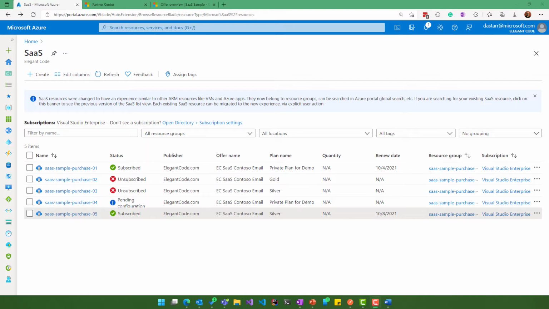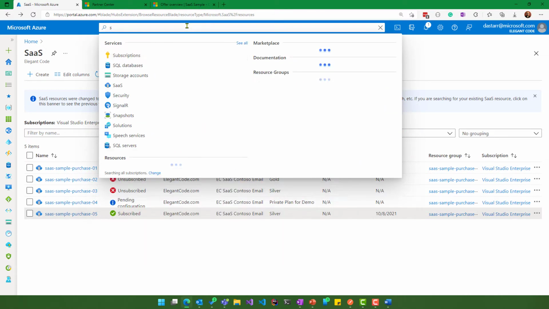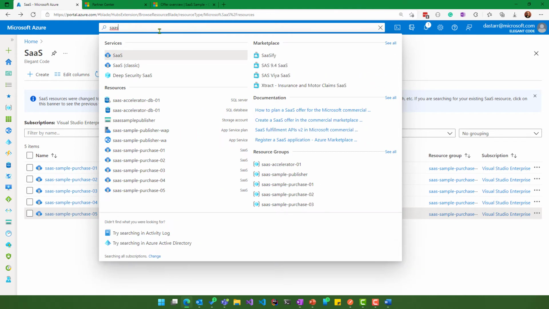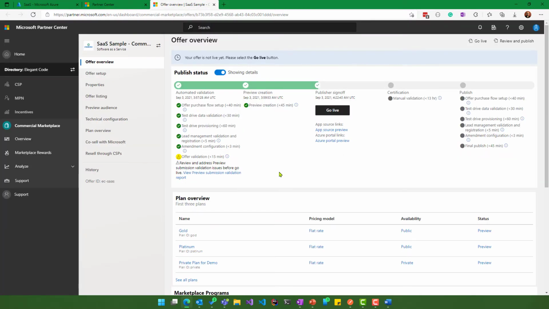Here you see I'm starting on my SaaS subscription management page. Now I can get to this page simply by typing SaaS in my search bar up at the top of the Azure portal and selecting SaaS. It brings me right to this page. You can also see that I've made 5 SaaS purchases thus far, and as you may imagine, we're going to make another one. So to do so, we will head over to Partner Center,